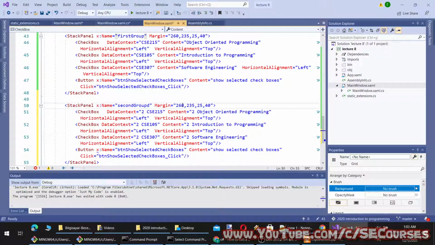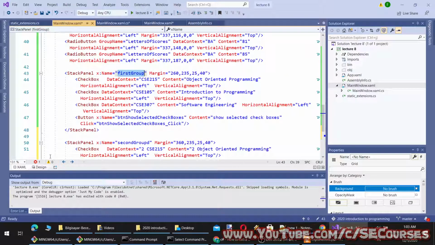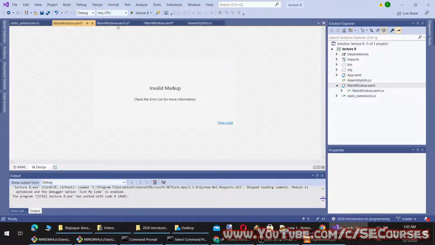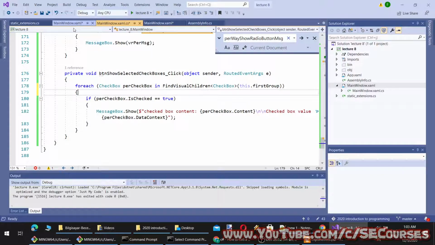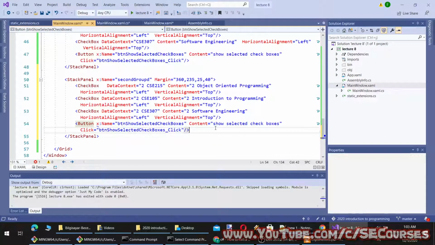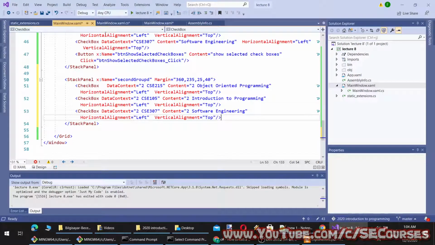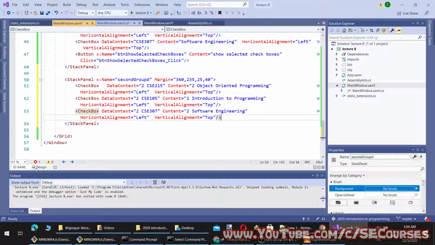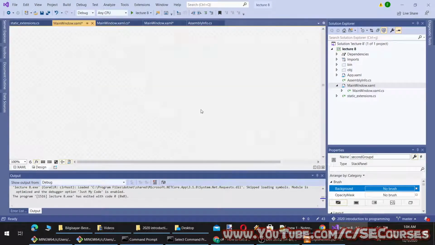And let's make the margin of these two different. Okay, it says we have invalid markup. What is the invalid markup here? This one. I'm going to remove this. Okay. You can't have the same unique name twice.